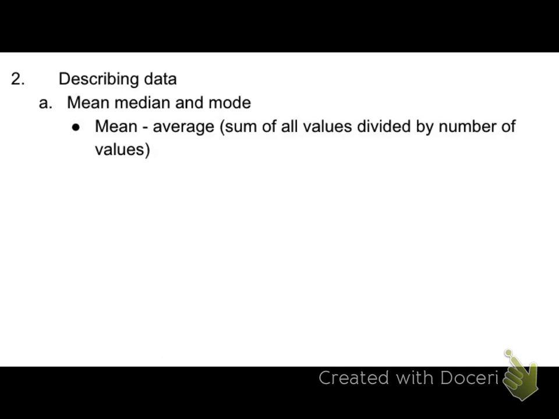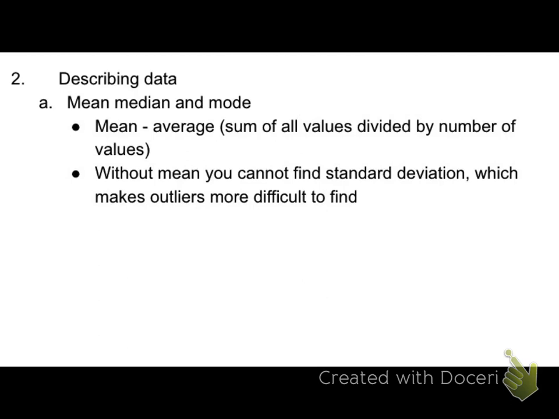Next up, we can describe data using different tools that help us avoid those errors. So tools like mean, median, and mode. You've probably been using these in math since like 5th, 6th grade. Okay? Mean is your average, so taking an average of a group of data helps us to avoid those outliers counting too much. Without a mean, you can't find your standard deviation, which is a tool. Standard deviation is a tool that allows us to find outliers, so having a mean is